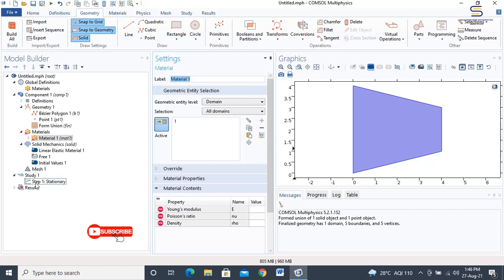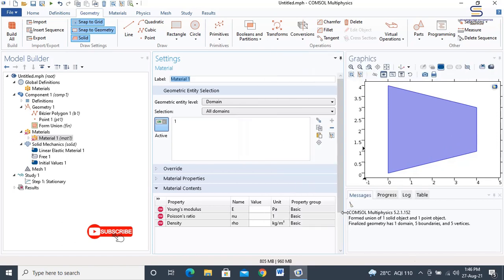In the settings window, please change the values of the Young's modulus E, nu and rho. In order to see the screen properly, please expand the screen and then find out what kind of unit it is having and enter these values.